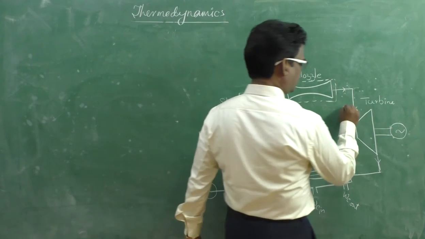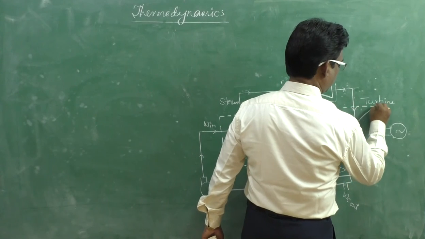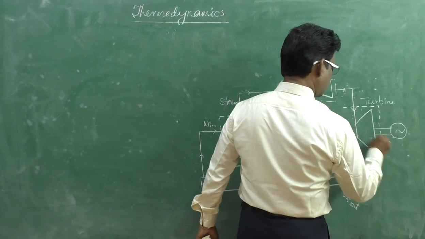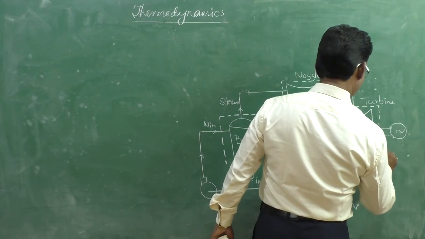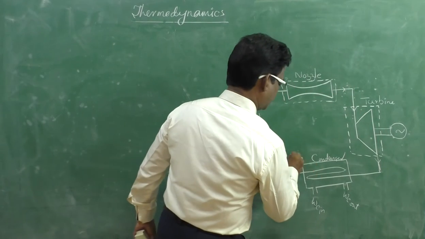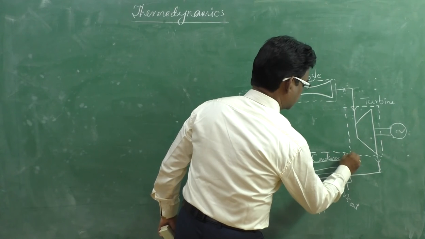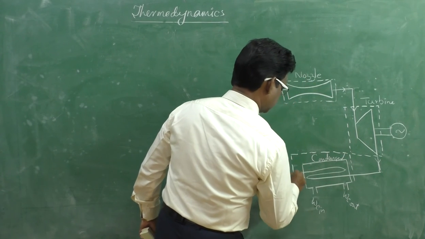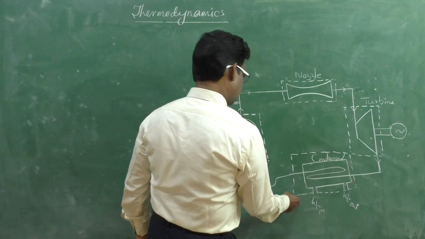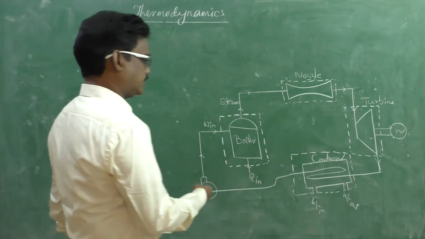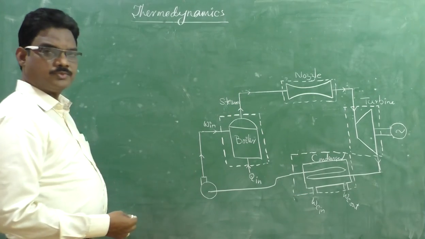After that, if you want to study the turbine as one system, where heat is input and where work is output, likewise. And if you want to study the condenser, it is one system. Here, every time I am using the term system,